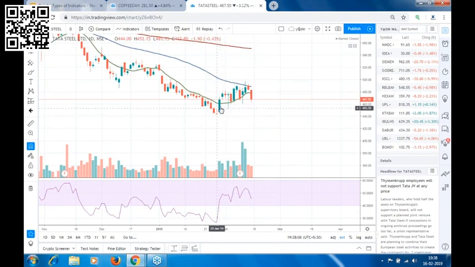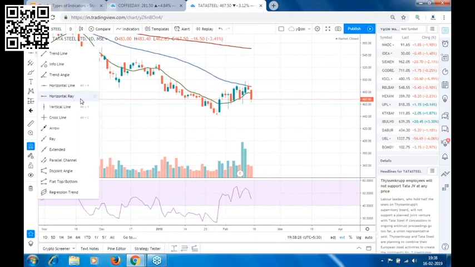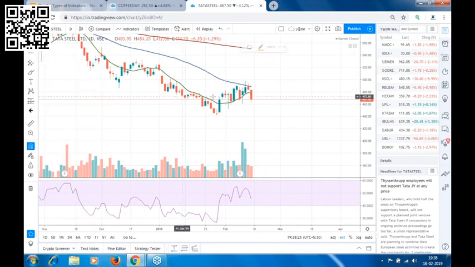See, when we saw this bullish candle, this is a bullish Marubozu candle and it closed above your 10 period moving average. The high of this candle is 471.40 and we gave a buy above 472, above the high of this candle. And see, when it broke this level, you can see the rally the stock has given.